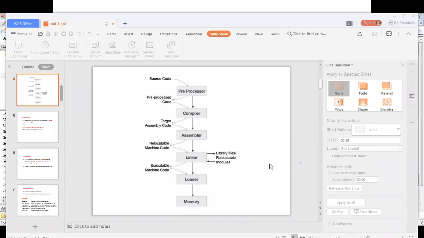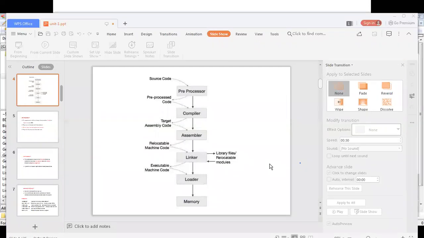When we come to the system software, it is the reverse of this: the softwares which are used by the system for its internal work. The softwares used by the system for its internal work are known as the system software. For example, the best example is the OS. Next, compiler, assembler, linker, loader.